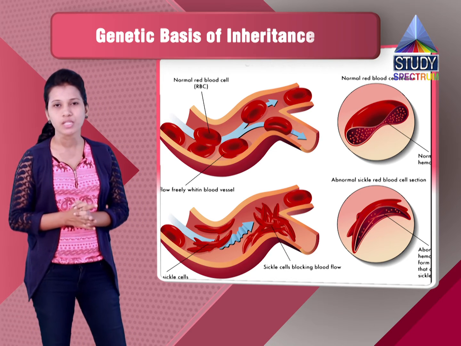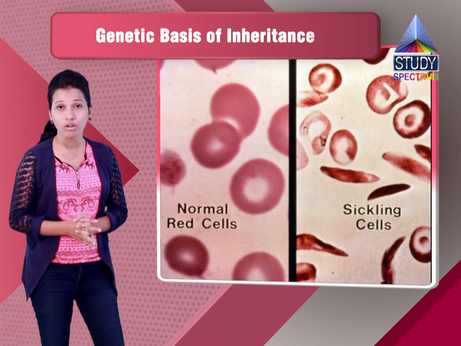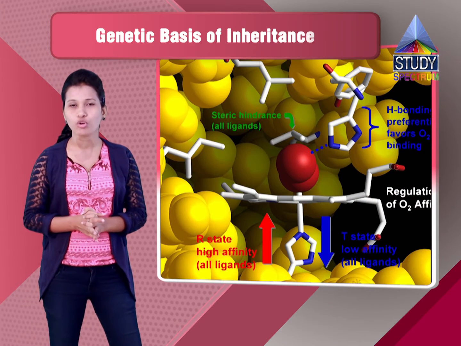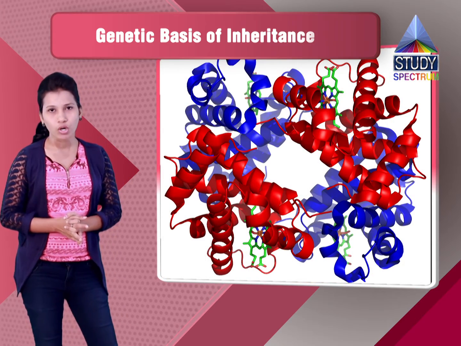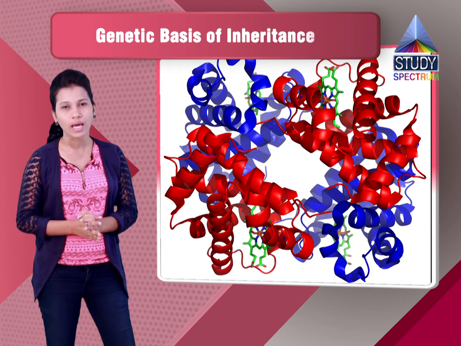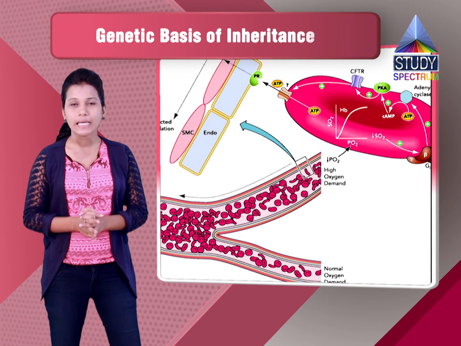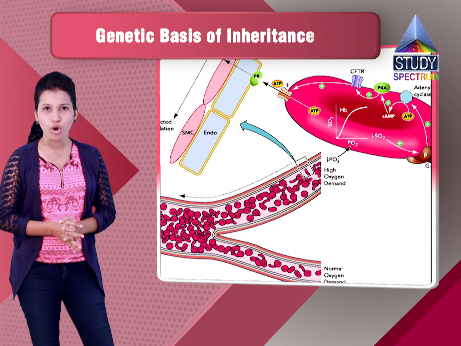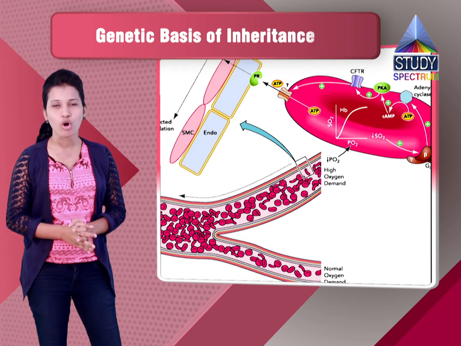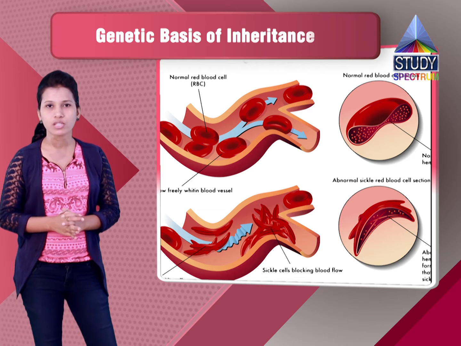So sickle cell anemia is a genetic disorder in which the RBCs, which are normally oval in shape, form the sickle shape. Because of this, the binding of oxygen to the hemoglobin, that is the formation of the oxyhemoglobin complex, will not take place properly, so oxygen will not be supplied to the various body parts, and the person will die because of the deficiency of oxygen. Also, the abnormal shape hinders the normal flow of blood through the vessels, and the vessels will be blocked, so again the person can die because of sickle cell anemia. So these are all the symptoms which we can see.